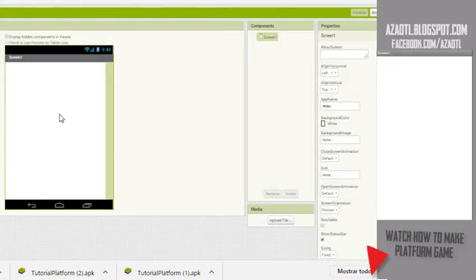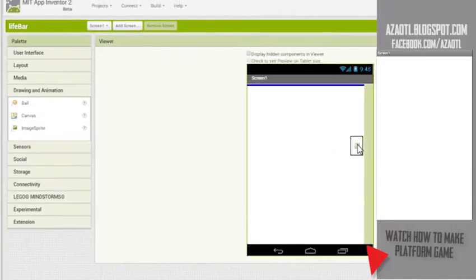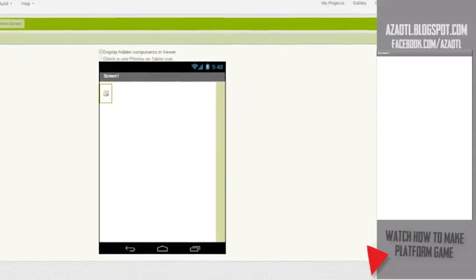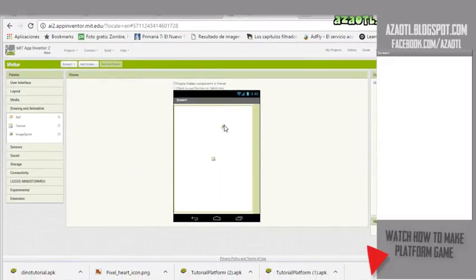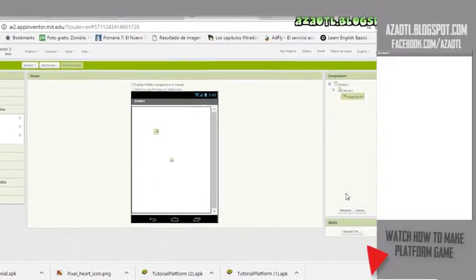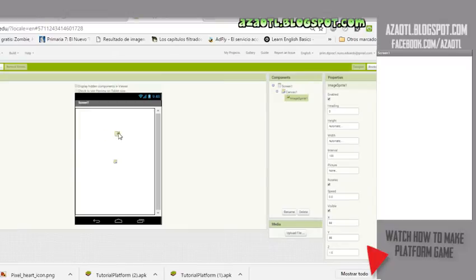Well, first let's start with the project. We're going to set portrait mode here, or you can use landscape, it's okay. Then we're going to drag a canvas and set it to fill parent. That's it. Then we need a sprite, and this sprite is for our